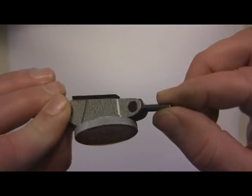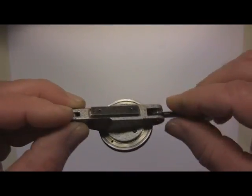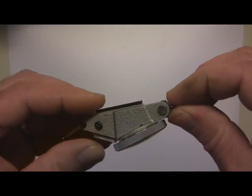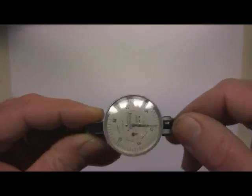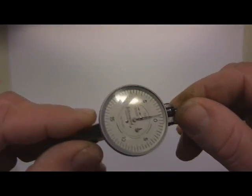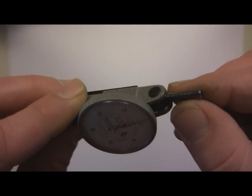First of all, the stem's already built in, so I'm not screwing around. See on the back here, there's this dovetail thing. I don't even have an attachment for that. Most indicators come with that same dovetail up on the top, and you have to screw this thing on, and it's just a mess. So this is so efficient because you can just stick this stem right in your collet,